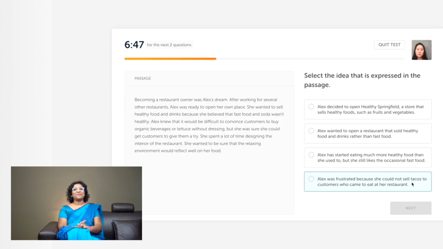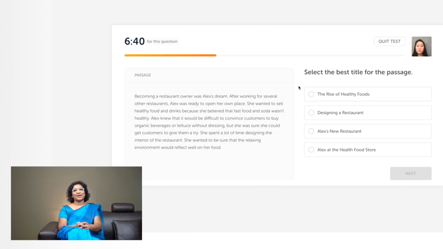The fourth question type under this category is to select the idea that is expressed in this passage. So yes, you've by now completed a passage and you're given a couple of options and you have to select the best option that expresses or summarizes the main idea given in the passage. And the fifth type of question in this category is to select a suitable title for the passage. Of course, from a list of titles given. So this makes up the interactive reading section and you have a total of 8 minutes to complete these 5